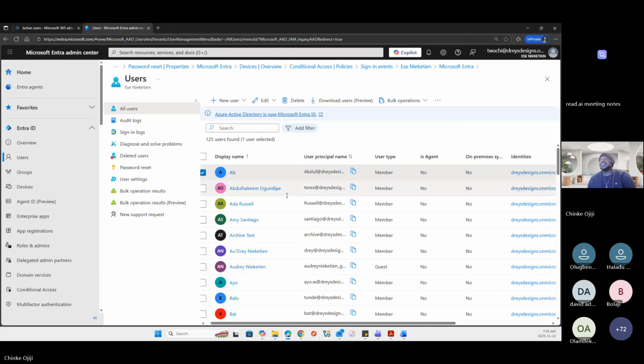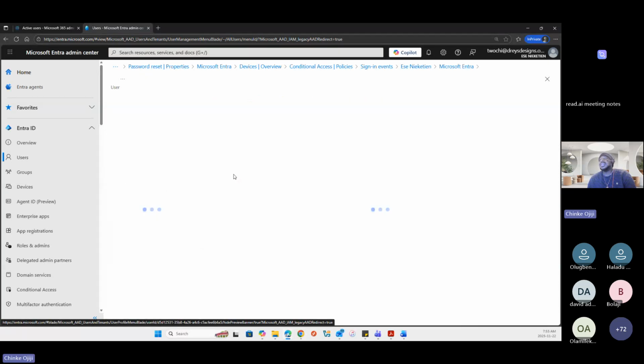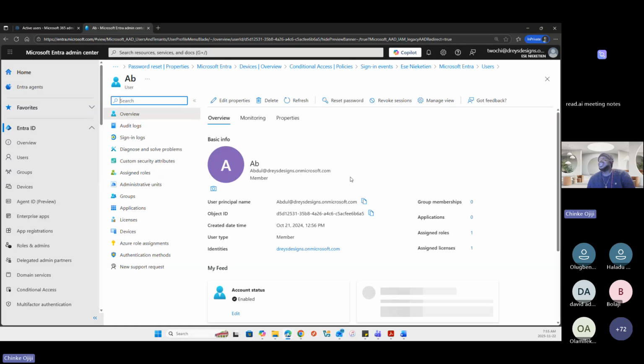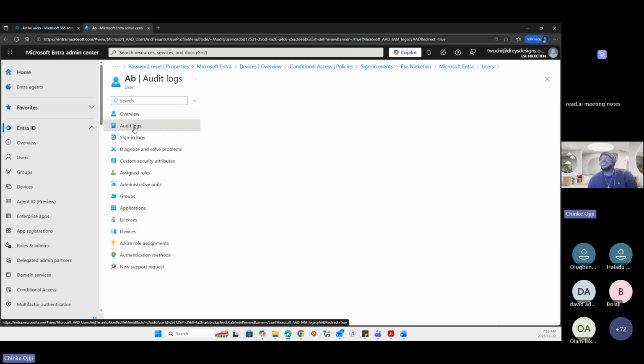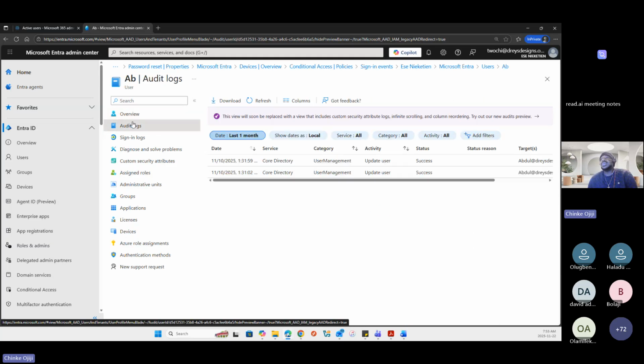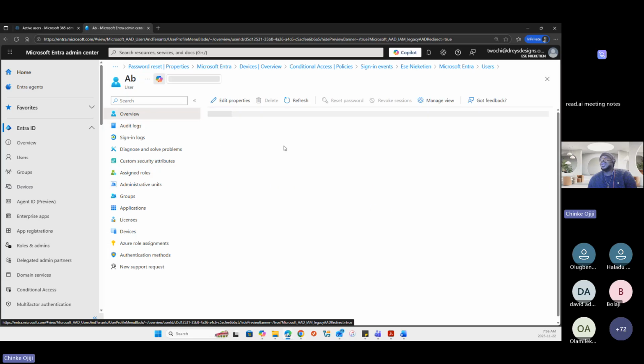All right. So we're looking at an identity in Entra, and what are the things that we can see as an admin? We've looked at audit logs and explained what the audit logs do.